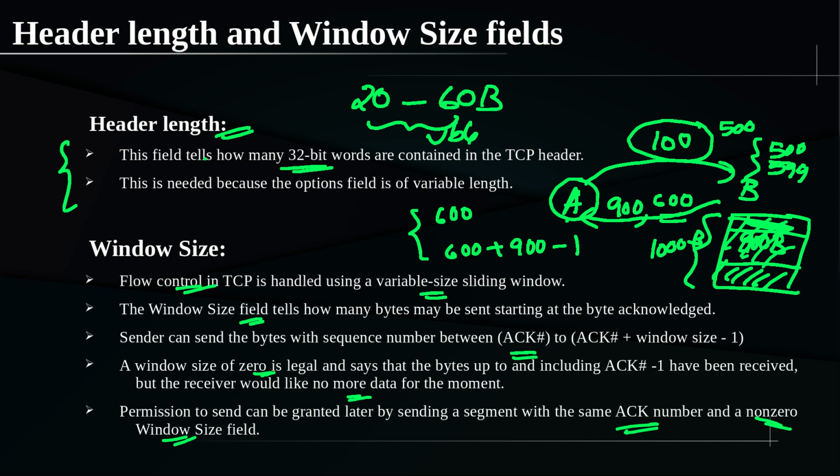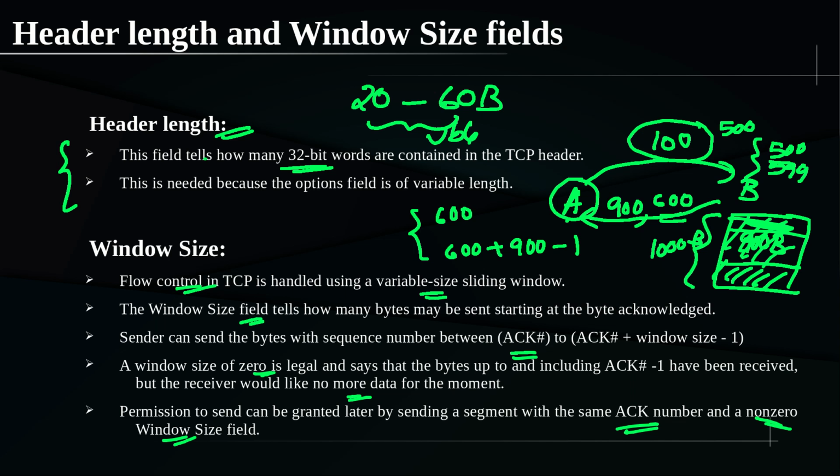So here also many things are there, like if one byte is freed up, whether the receiver is supposed to send a reply back or not. If one byte is freed up, and B communicates that to A, what will A try to send? A will try to send 1 byte of data, and to send that 1 byte, it has to add a 20 byte minimum TCP header, 20 byte minimum IP header, and around 20 byte minimum Ethernet data link layer header. So altogether some 61 byte. That is what I explained previously as silly window syndrome. So that should not be the case.